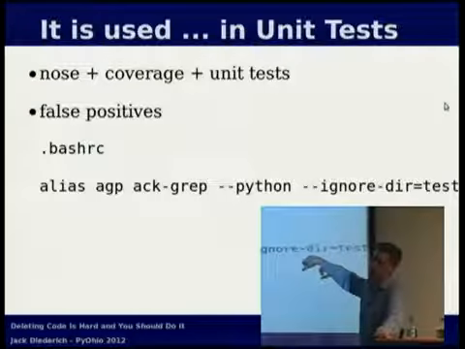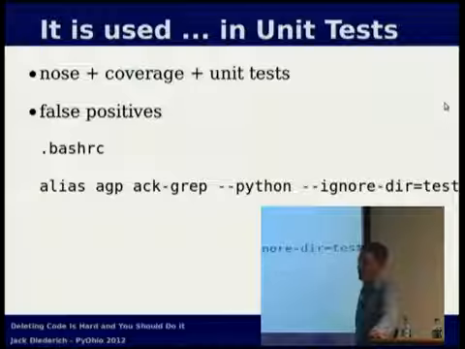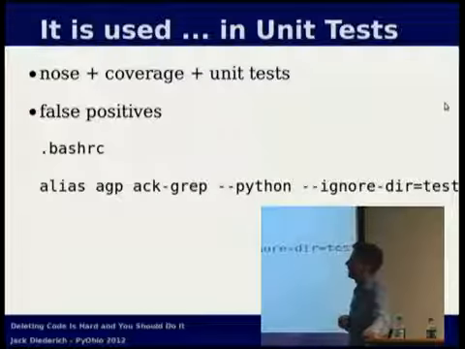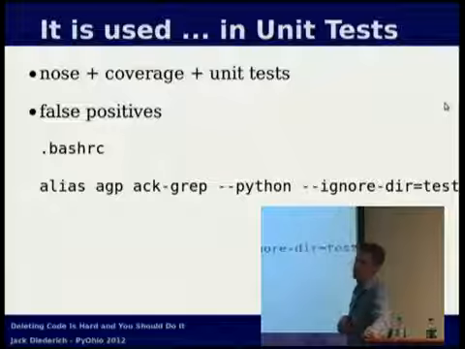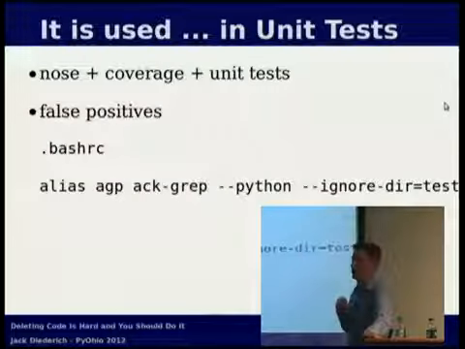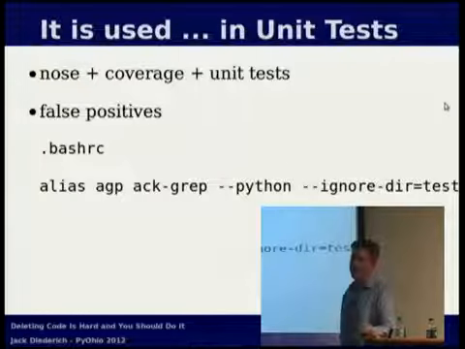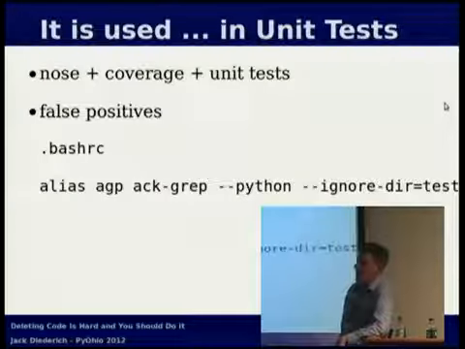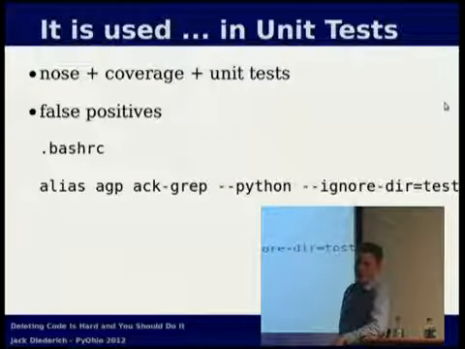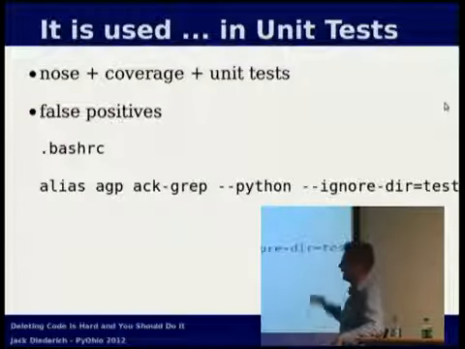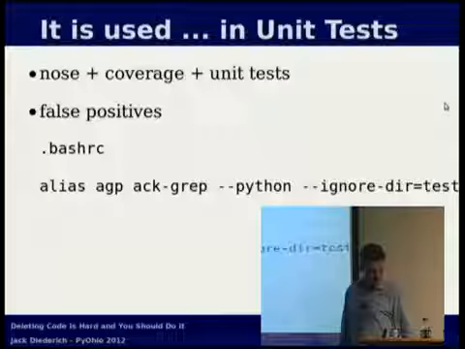If you don't use actgrep instead of grep, start. It has a bunch of nice little features that grep doesn't have. It does directory recursion by default. This is how I find if something's sanely defined in any of our Python files. Actgrep --python will only look at Python files. It won't look at PYCs, HTML, or your docs, just Python files. And then here's the important part: ignore directory test. That means it's not checking your unit tests to see if that particular function name or class is used. It's only checking the actual code that's out on the servers. Again, it's not a perfect solution, but it helps.